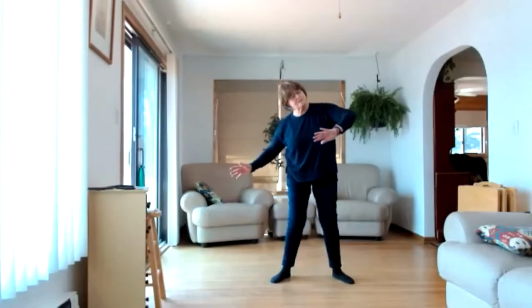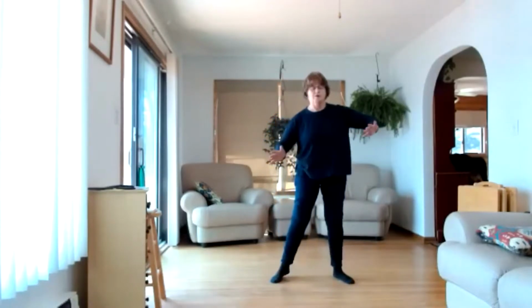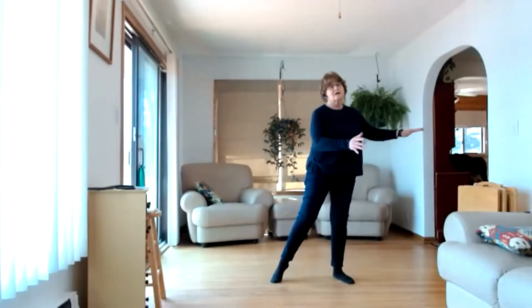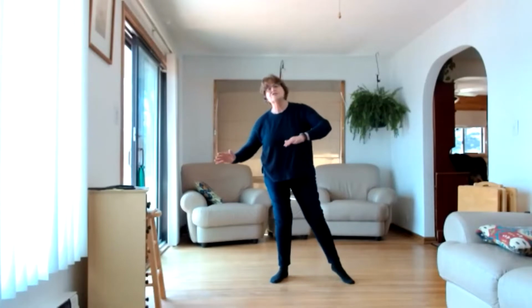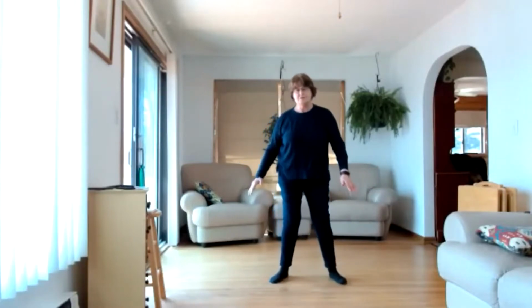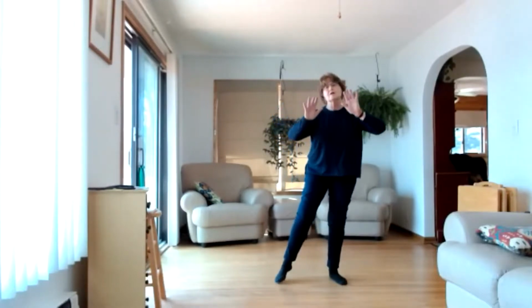If something doesn't feel right, just pull back a little bit. We don't want to cause muscle strain. And if in the balancing poses there's a feeling of imbalance, you might want to have a chair close by to catch yourself. We bring that to a stop, and we're going to bring the hands up on in-breath, coming